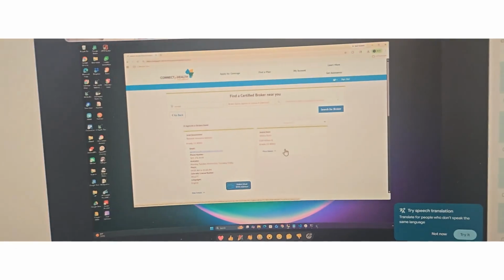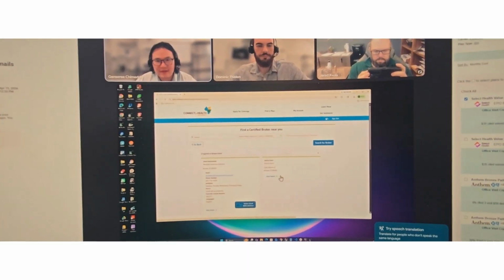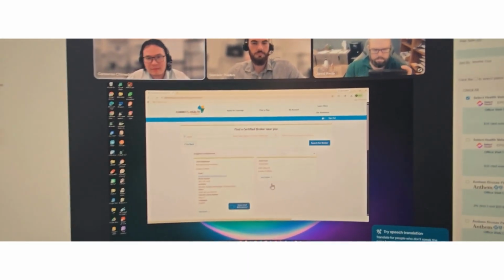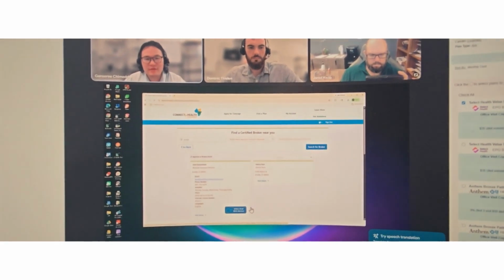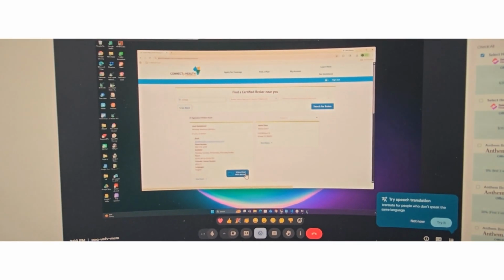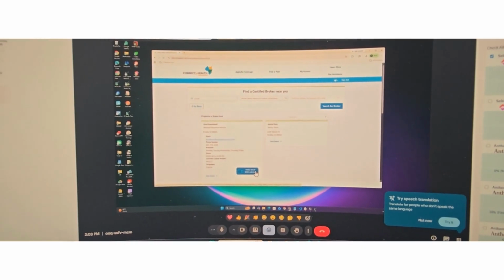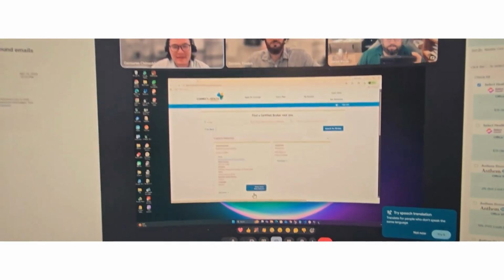So a customer would go on this website and first locate the listing or the broker, and the broker would have the option to enable this button. Now, I'm going to go ahead and click it. And just so you know, I'm going to be acting as the customer, not the agent. So when I click this,